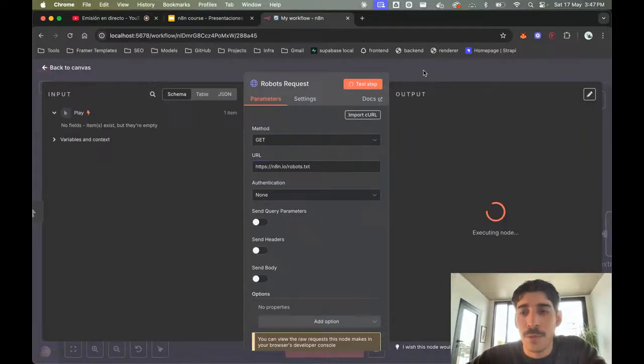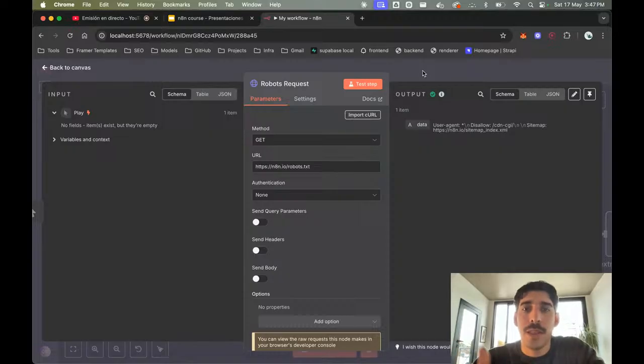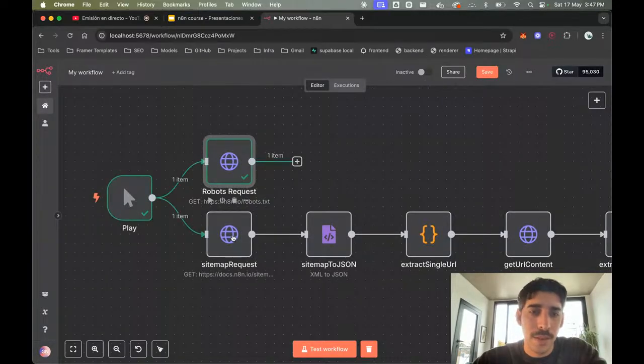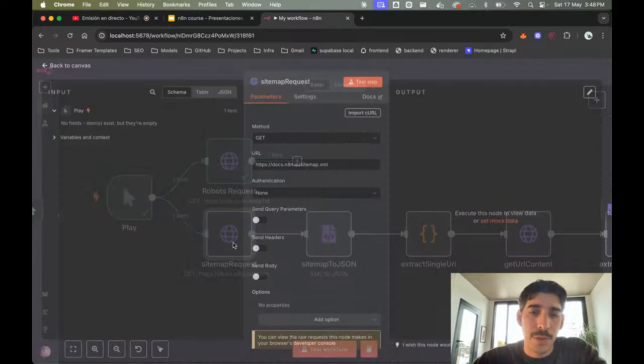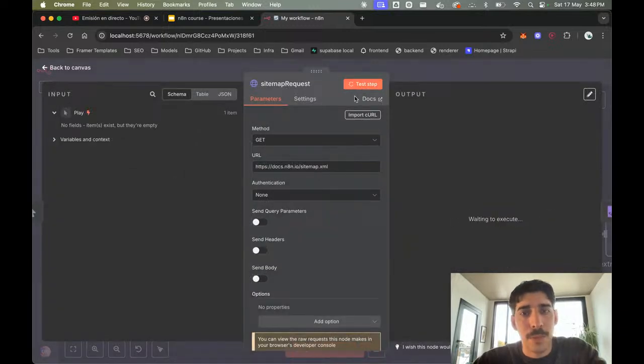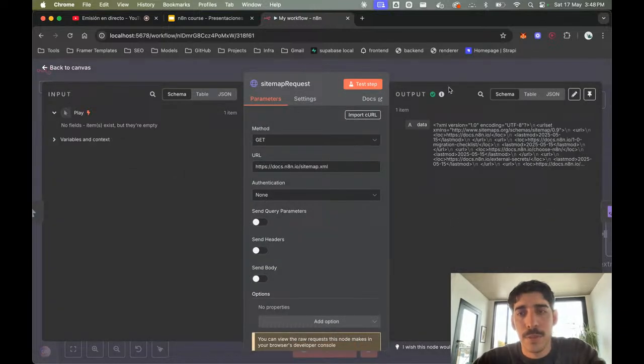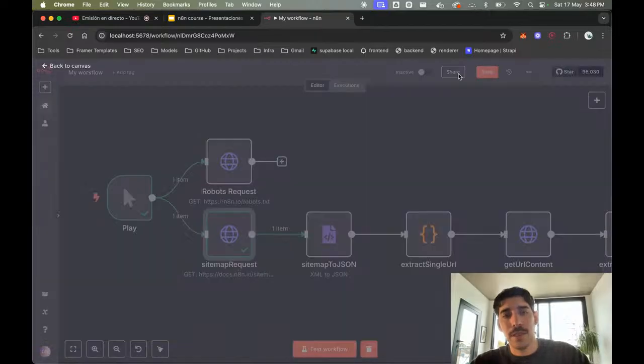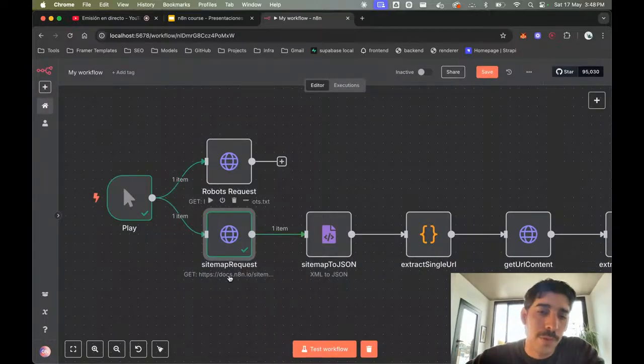Be careful if you do things like that, because if you do this within a loop, they could block you from the website or something. As you can see here, the execution went well. I was trying this one because I think it's going to be something that I'm going to have to use for the migration as well.